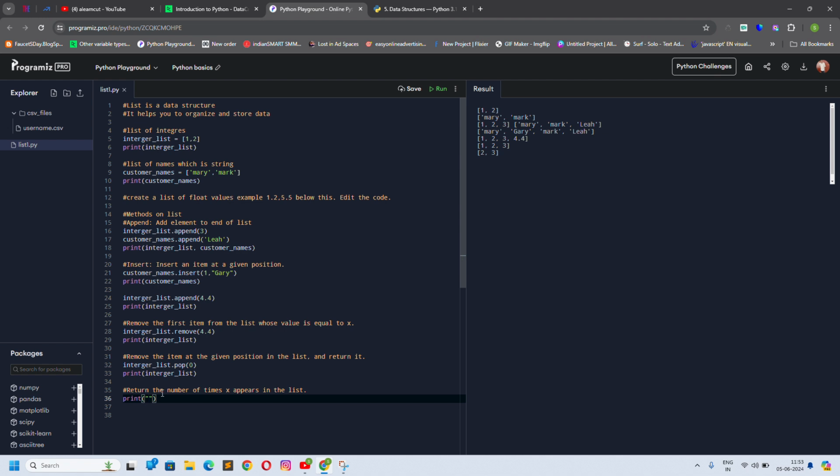I will do this in a different format. I'll cover this a little later, but I will just say print and 2, and print, and I want to give it the additional parameter which is integer list. Where should it operate? What should it print? Look at this format, integer list dot